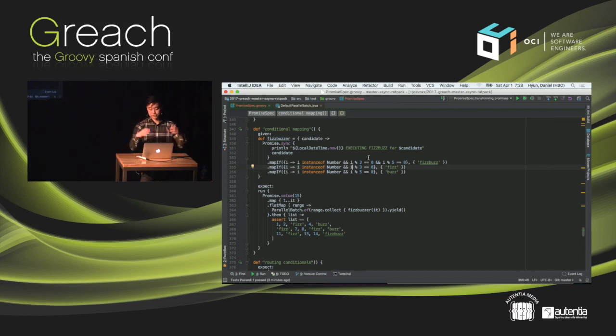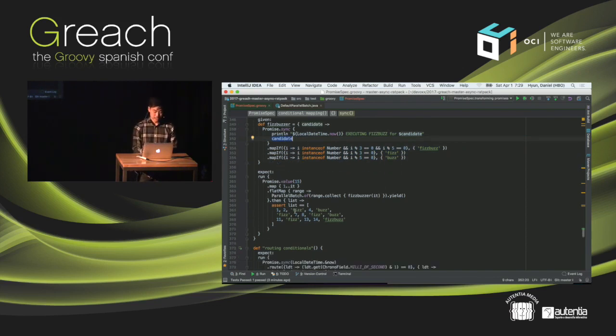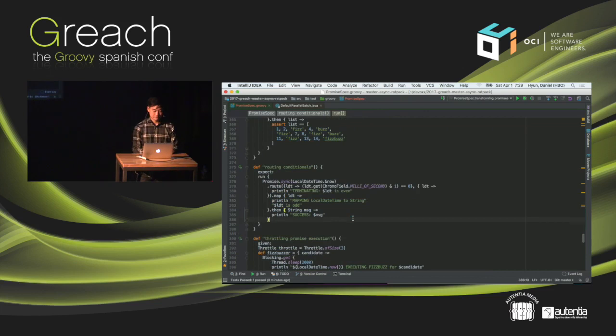If the number is divisible by 3 and 5, we produce fizzbuzz, fizz and buzz correspondingly for 3 and 5, and if nothing else, we just produce the value, which is the candidate here. So this is an example of conditional promise logic. And if you run the tests, you can see that we do indeed produce fizzbuzz as expected.